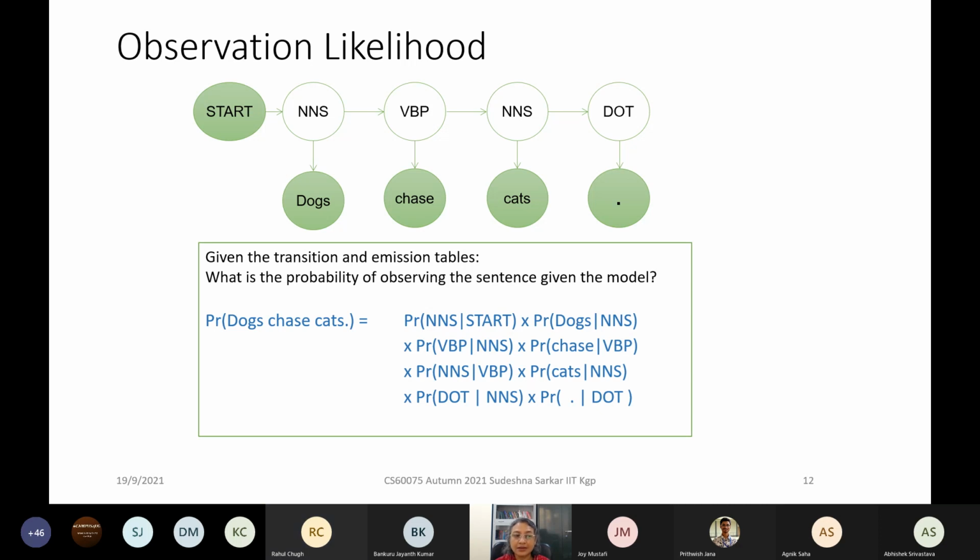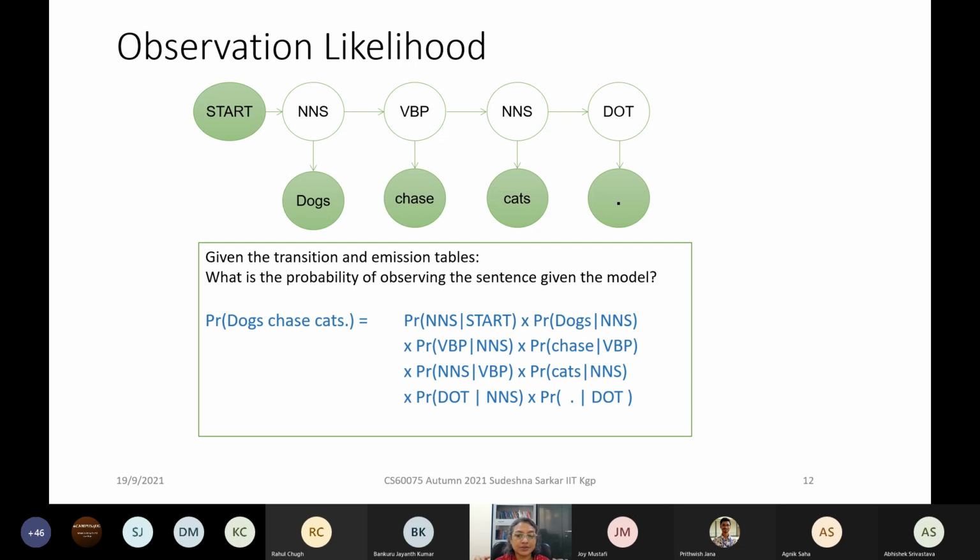So basically we have to find P of W1 to Wn, which equals P of W1 to Wn given T1 to Tn times probability of T1 to Tn, summation over all possible T1 to Tn. No. There's only one sequence given, W1, W2, to Wn, and we want to find out its probability. Now,